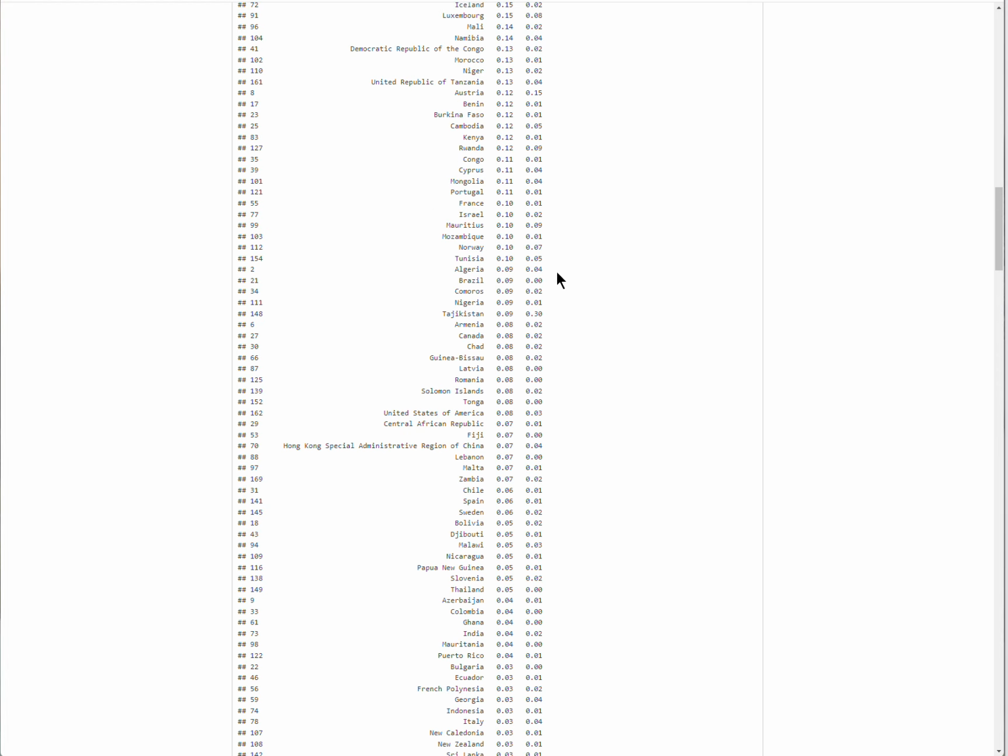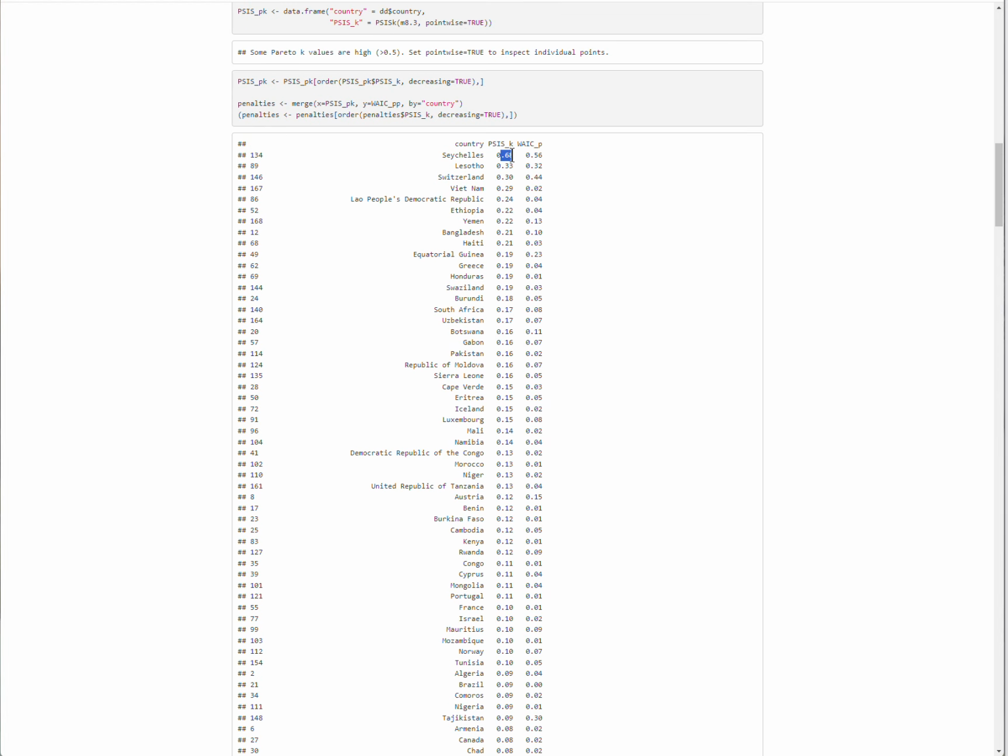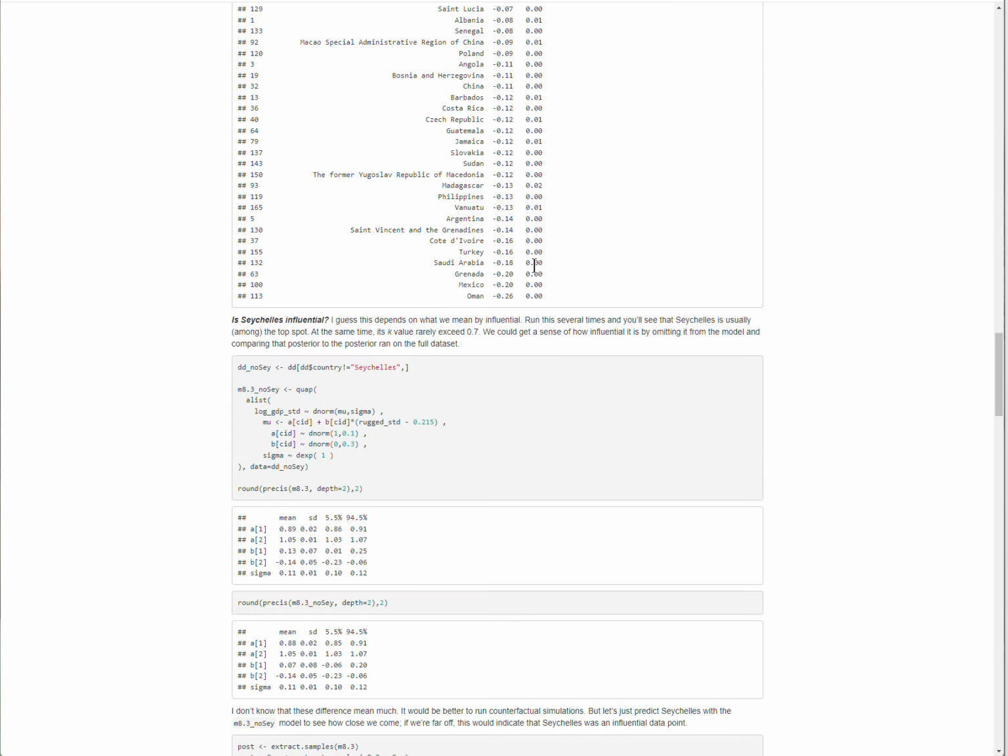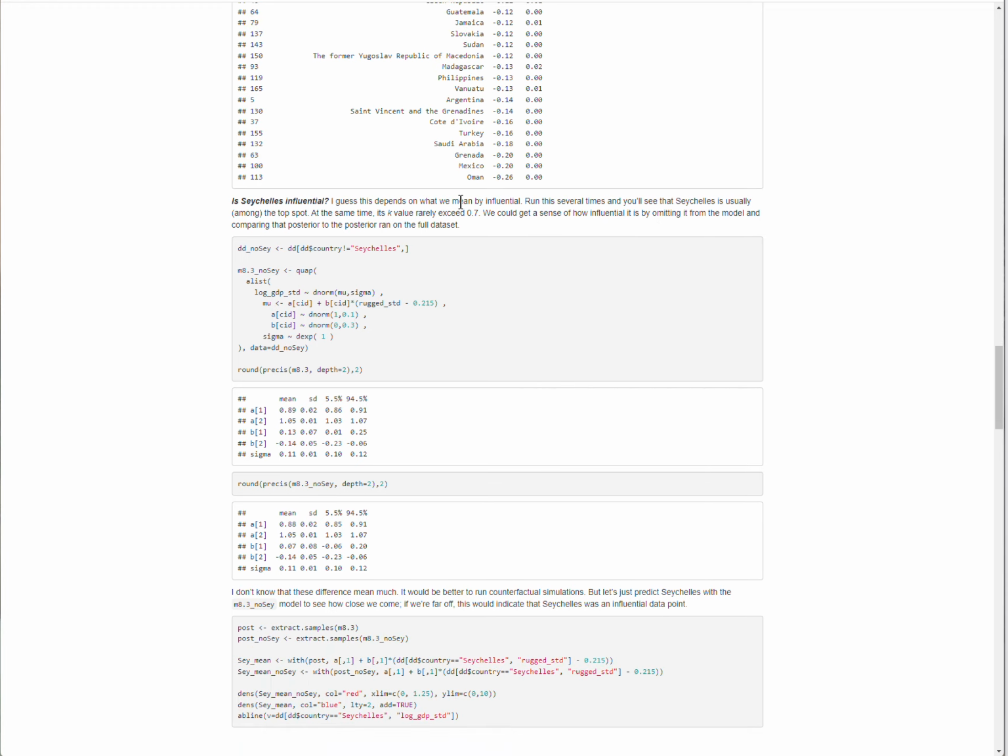But if you run this several times, it's not always this high. Sometimes it's just 0.5 or a little over or under 0.5. So it kind of depends on the run. Unfortunately, I think you have to run it maybe several times to get a good sense of it. So is it influential? Yeah, I guess so. It's among the top spots, and its value is starting to exceed this kind of soft threshold. But I think we can get a better sense of how influential it is